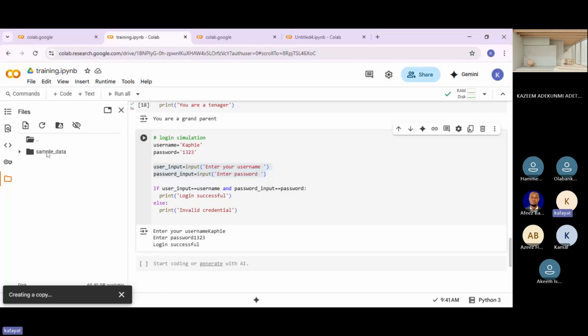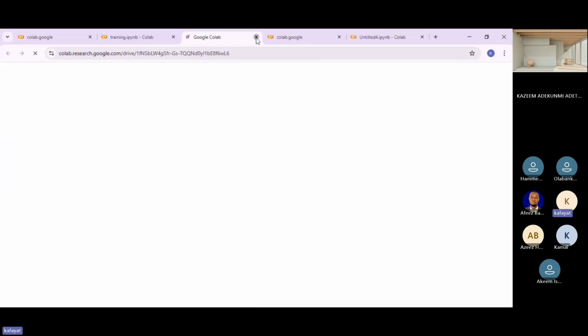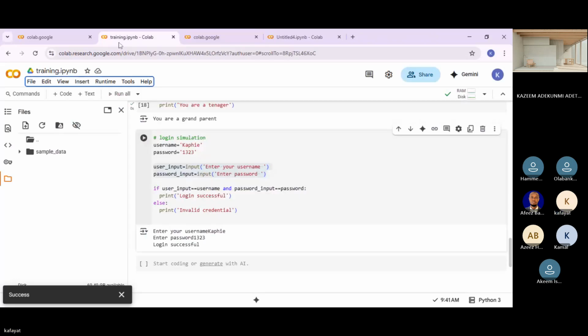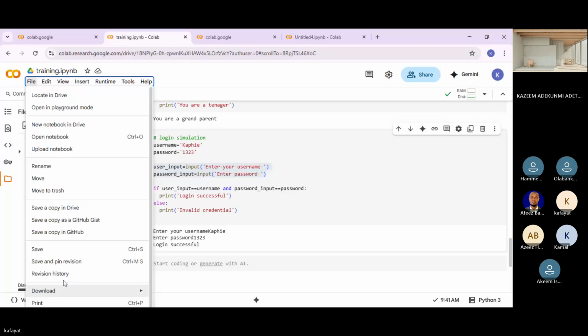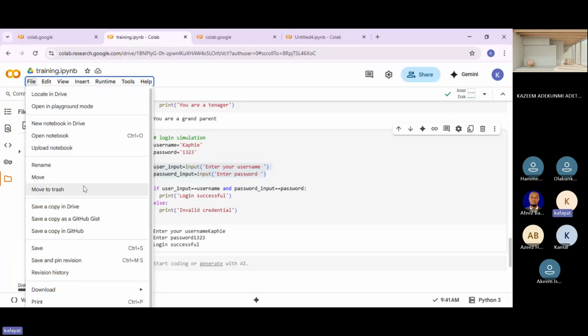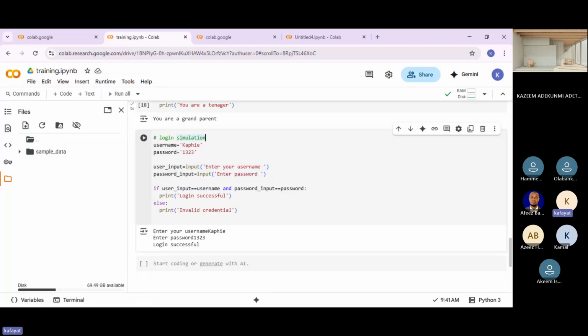So it's creating a copy already, but I have that already, I don't need a copy. Oh, wow. You can save a copy in GitHub. You can download it. Let me see where we can download. Download, good. You can download it to your local machine. If I download this now, it goes to my downloads, and I can export it to my local environment. So you can download it and do every other thing.